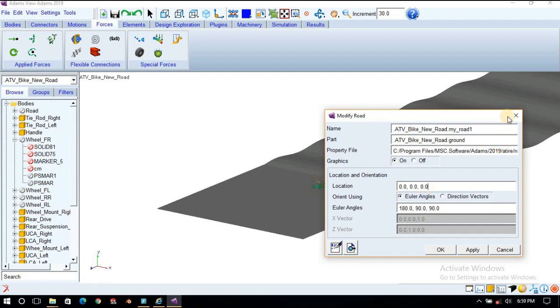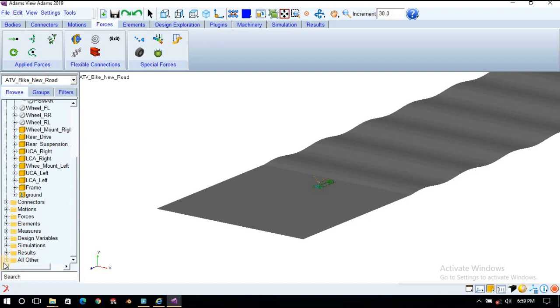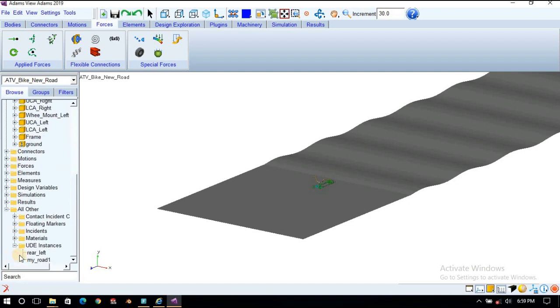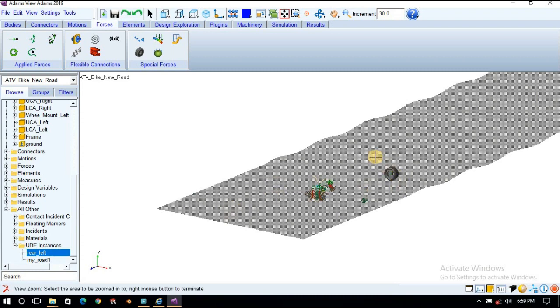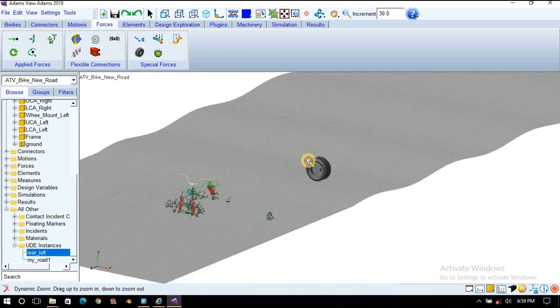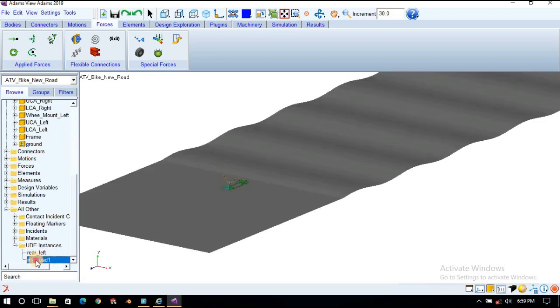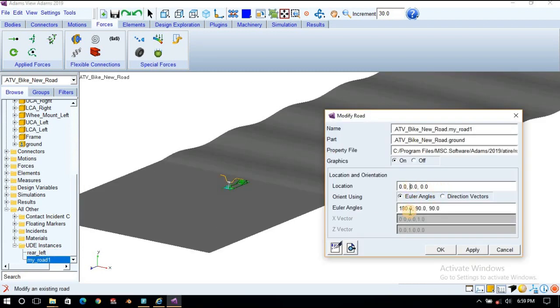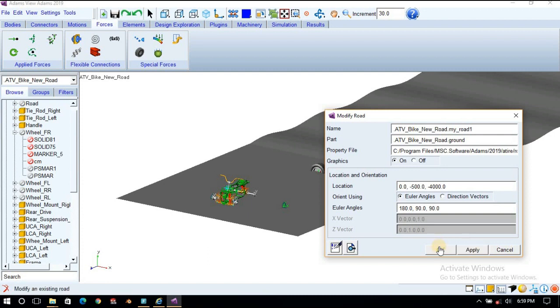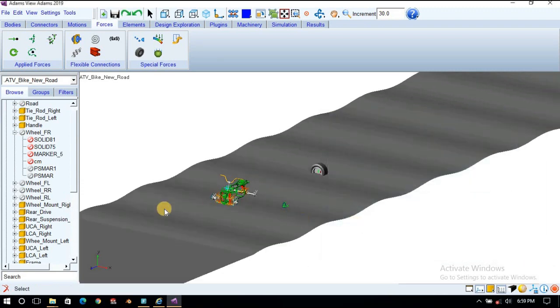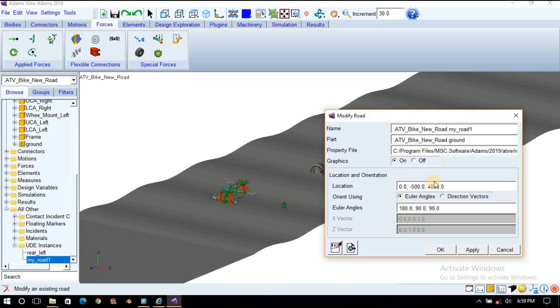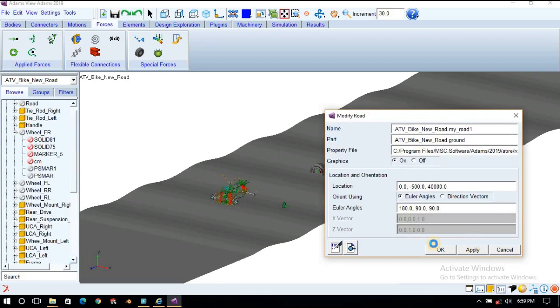If you want to edit, you can go to the all others, and here the distances, tire. You can see the location of the tire is here. We have to change the location. Then my road location will change to 0, minus 500, let's say, and minus 4000. Apply, or not minus 4000, we'll choose it as 4000.